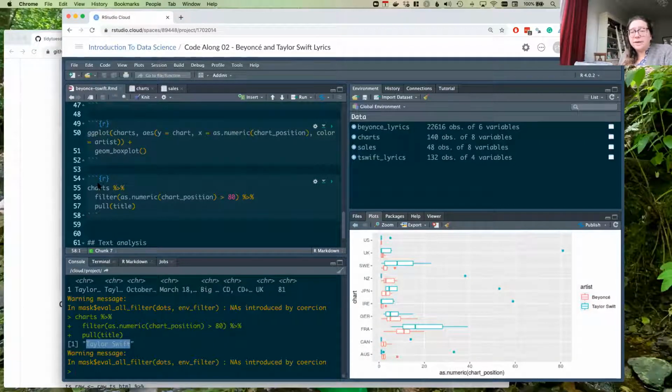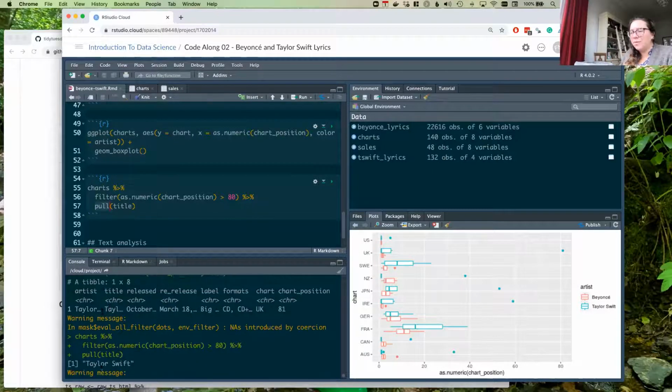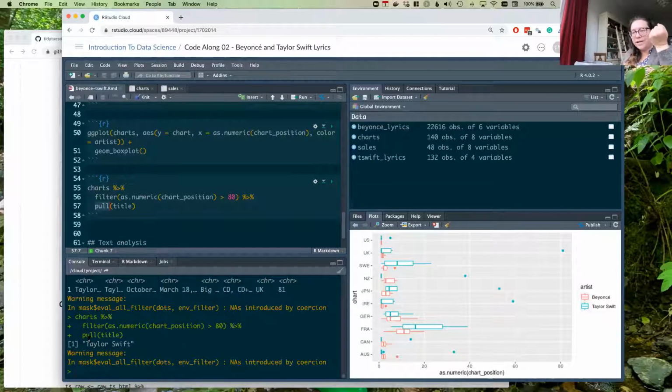Right, so Nabil, there's a really good question. Can't we define a variable that sets chart position as numeric and then just call it that from now on? We absolutely can. So instead of having to remind ourselves to constantly do this, we could have saved it as such and then used it as the numeric variable along the way. So what the pull function does is it takes a look at your data frame and then just pulls out the information and prints it out as either a character string or a numeric.